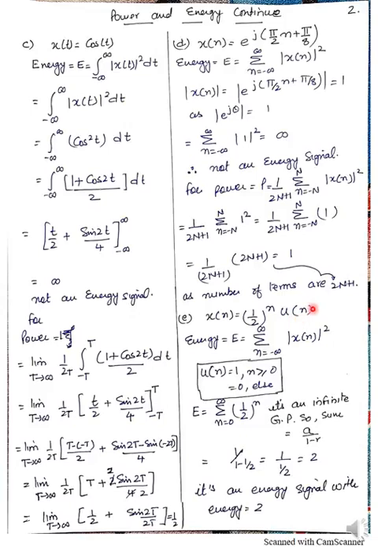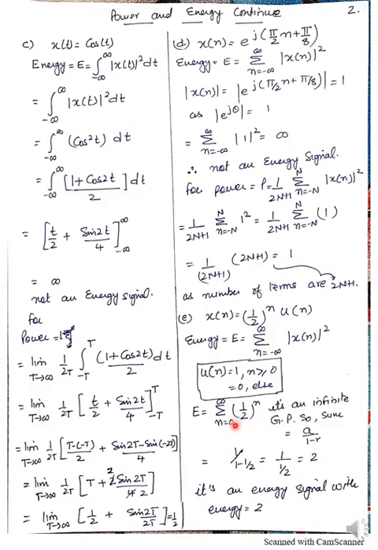So u[n] is basically deciding the limits. You can see it in the previous question also that u(t) or u[n] is always defining the limits of the integration or summation. The amplitude of u[n] or u(t) is always 1. So whatever the amplitude of the other signal is, that will be the total amplitude of the signal. So it's from 0 to infinity, 1 upon 2 raised to the power n. You can see it's a decreasing GP.